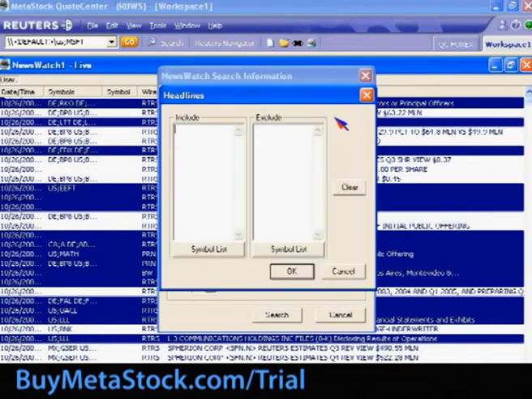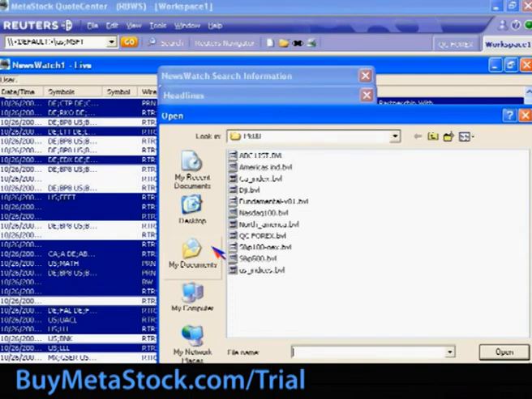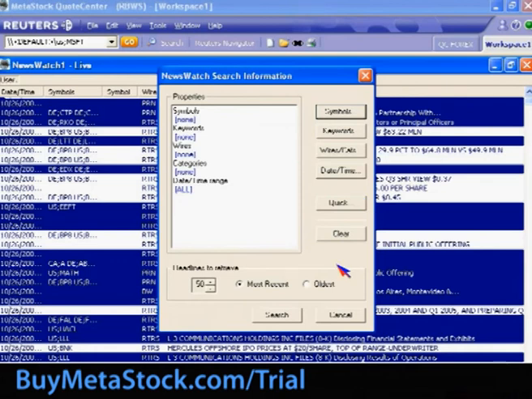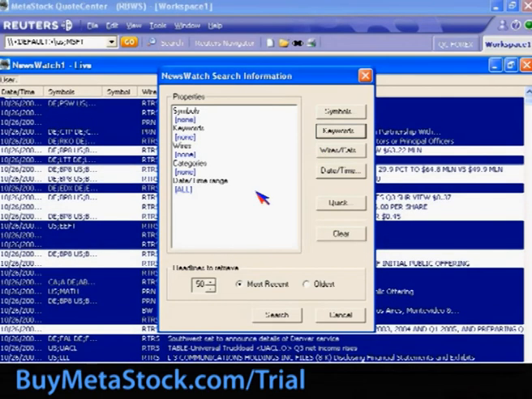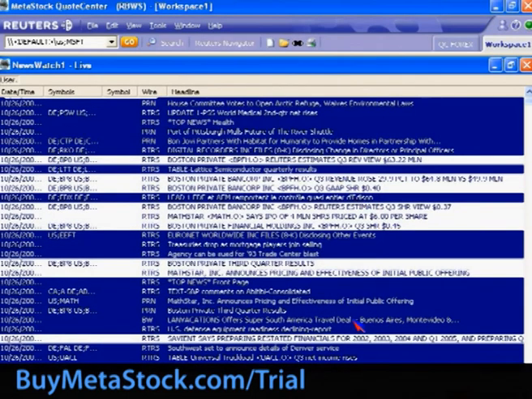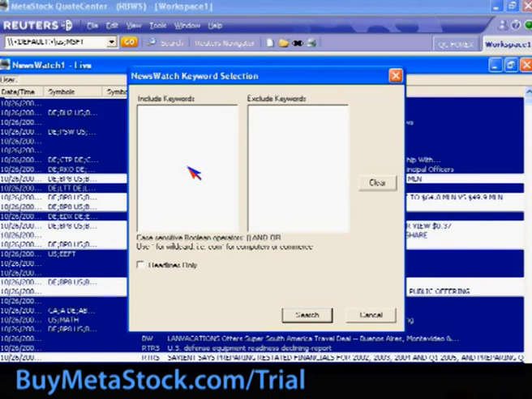You can click into, for example, symbols if you wanted to search for a specific symbol, or a symbol list if you want to load one of your symbol lists. Can do a keyword search if you want to type in keywords. This launches sort of a Windows or a wizard type of a box where you can then pick any of these different categories to search by. If you just do right-click by keywords, it only pops open that specific one. So if you want to do a quick keyword search